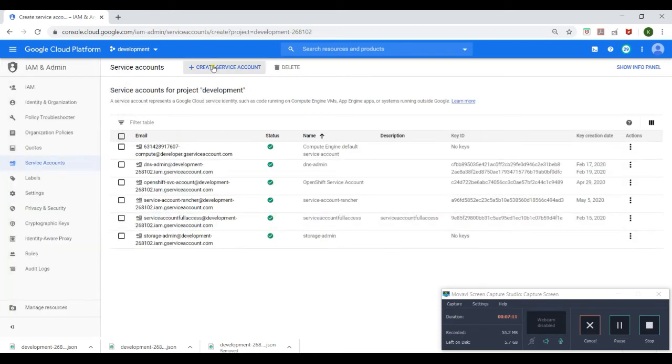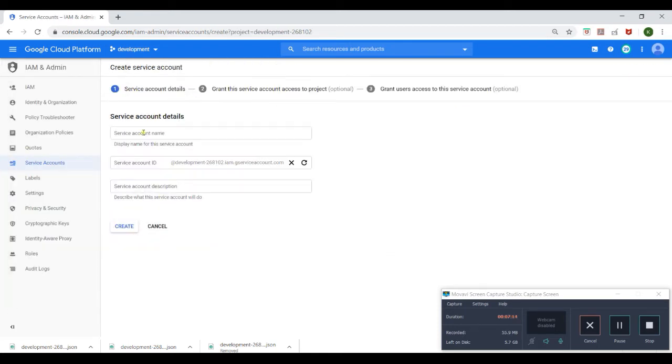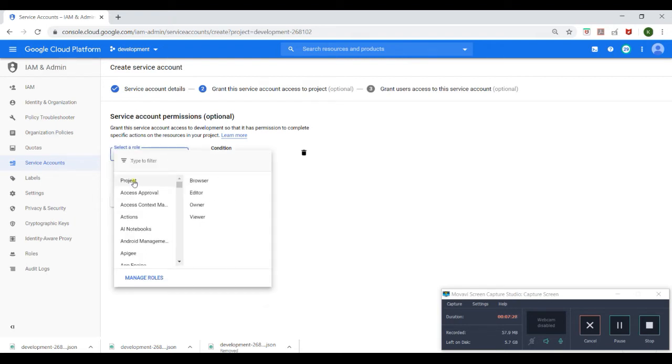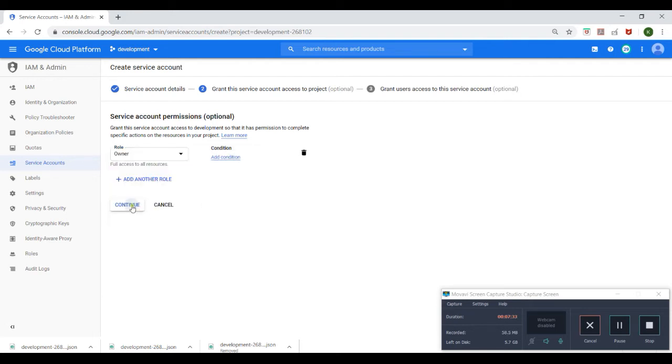Click create service account. I'm providing the name Rancher SC, Rancher service account. Click create and select the role. Under the project, I am providing the owner role. Click continue.